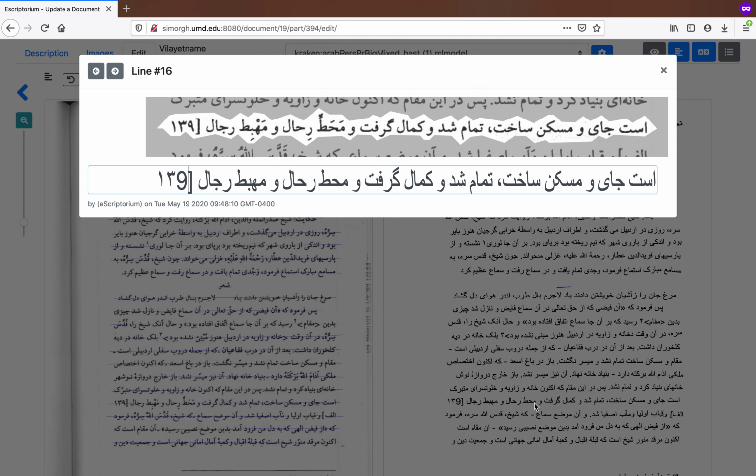All right. So here's another issue that may arise. This is technically correct, but we want to make sure that all of our numbers are. Whoops. Did I switch out? No, I did not. Oh, okay. Well, because we have this mix of Arabic, or in this case Persian, and Western numbers, this is causing a bit of issues. So you may find that you have to experiment in some places to figure out what works correctly and the fastest and easiest way for you to operate in this environment. But in general, I think if you pay close attention and if you are very careful to reflect what's on the page,